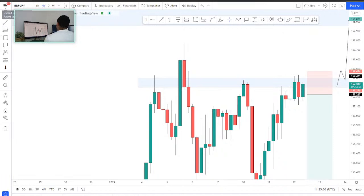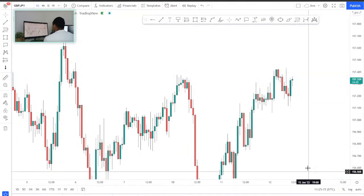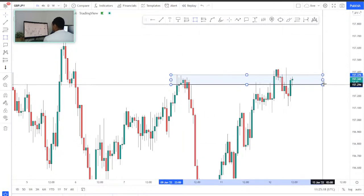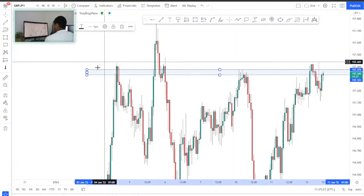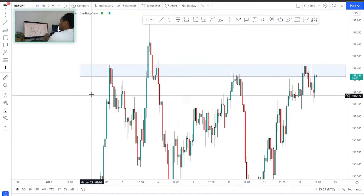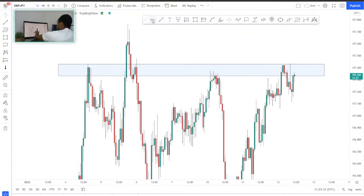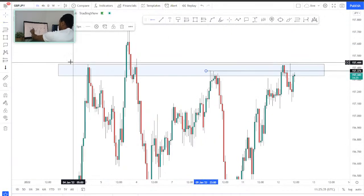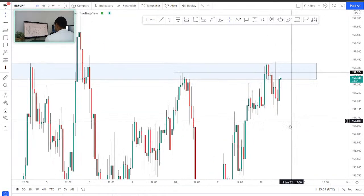So I think with this one, because I'm looking at the level you bought from, 157.411 is at the high there. So if I just move all of this out of the way, price has cleared this level, but at the overall level, if I take that across, it's kind of still involving this resistance here as well. So I'd actually expand that level a little bit, just to take into account this high and that high there as well. So even though it's trading above that high, it's kind of taking into account this whole level. So the level hasn't really been cleared yet at